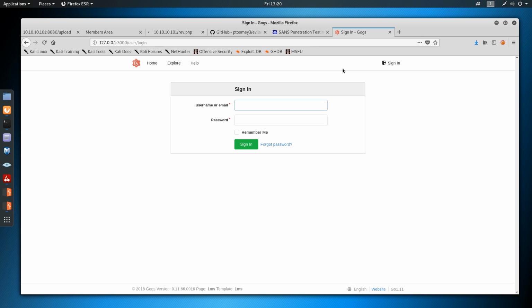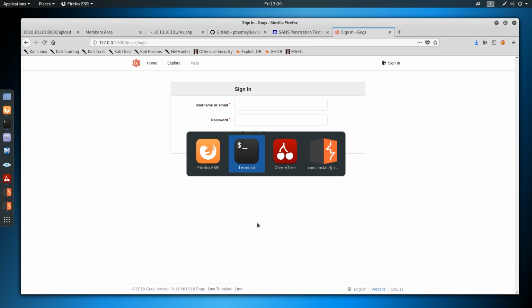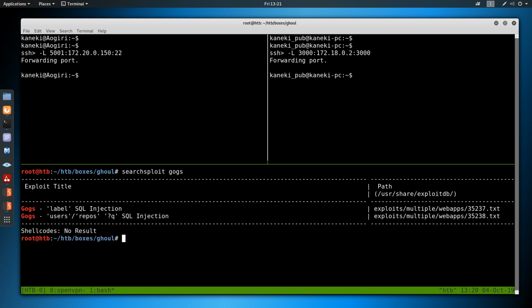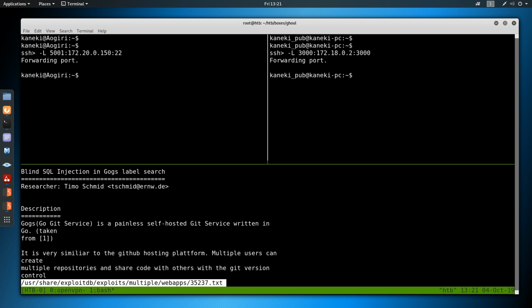We know the registration function was disabled, I believe from the Secret.php. We read it somewhere that said it was disabled. We can see that Gogs is from 2018 based upon the copyright. You also get the version number. So the first thing to do is look for that RCE they talked about. So searchsploit gogs, if we do -x and look at this,